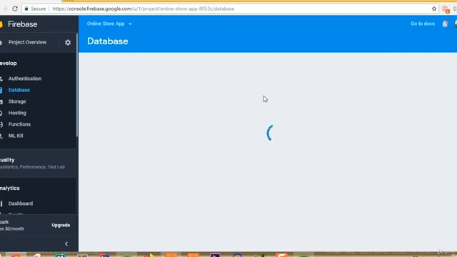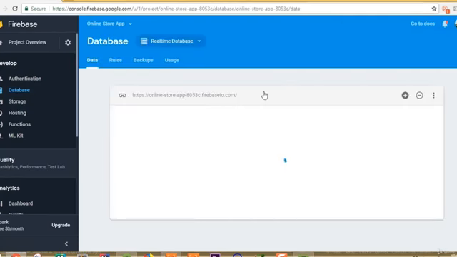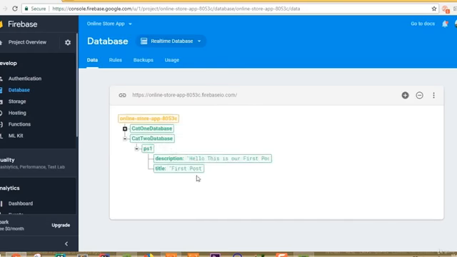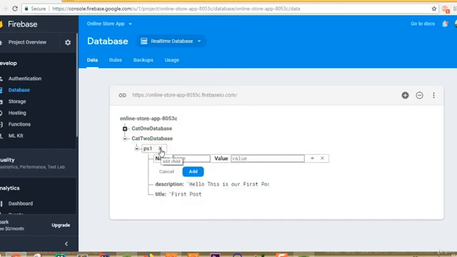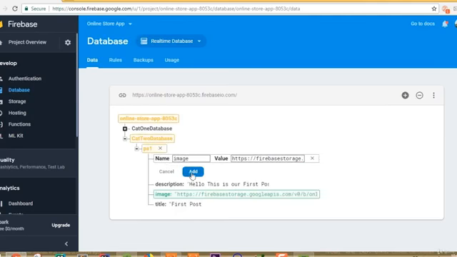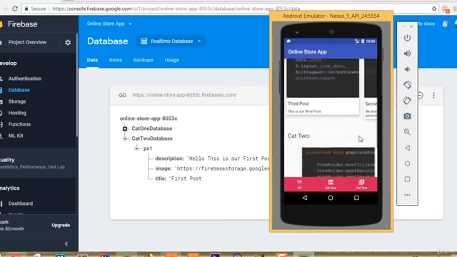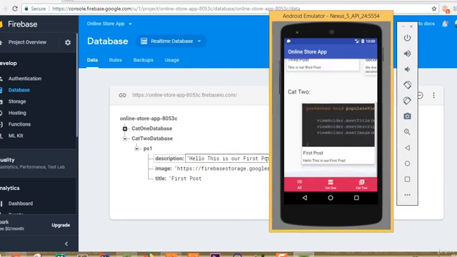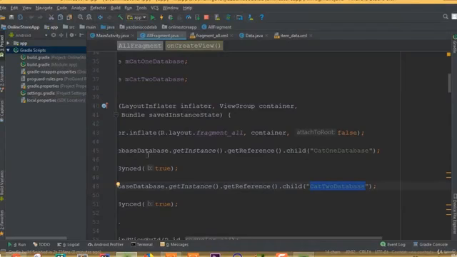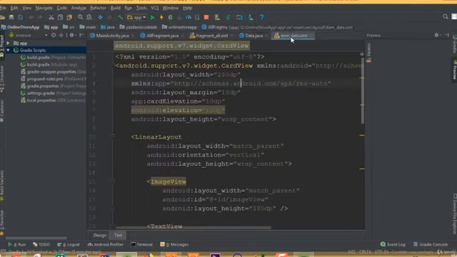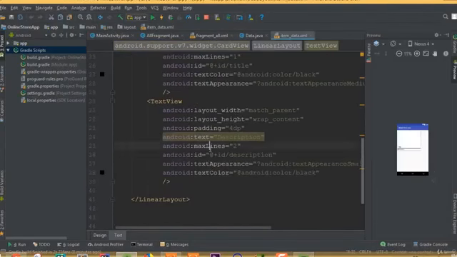Select database and we can add image and add. Now we can see our image. So we need to solve our layout design. So go to this item data